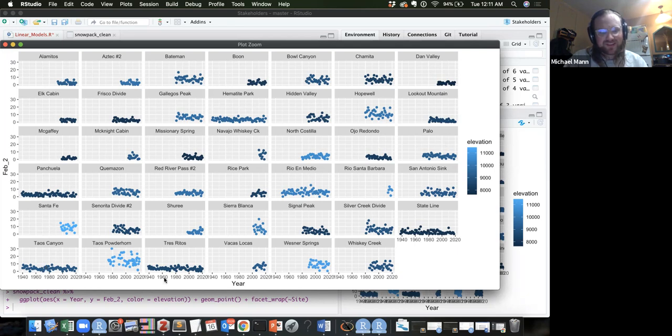On the x-axis, we can see all the years they've been sampled. You can see the sampling is not equal across all of this. That's okay in a linear effects model. But you can see that on the lower end in terms of years, a lot of the sites are missing data. You can also see that we're missing a lot from the high elevation sites. The light blue ones, there aren't that many of them relative to the darker blue colors. So this kind of would